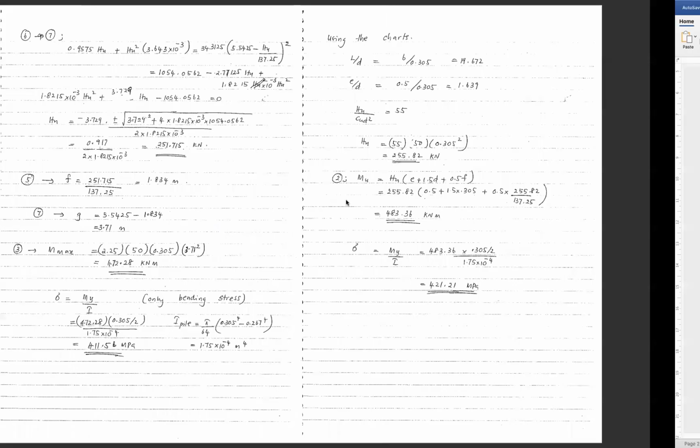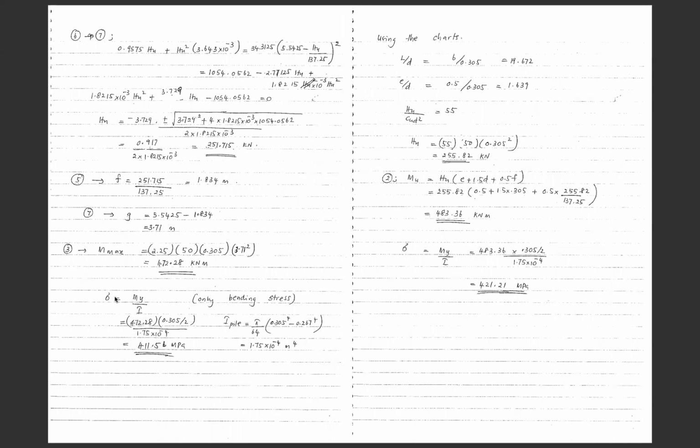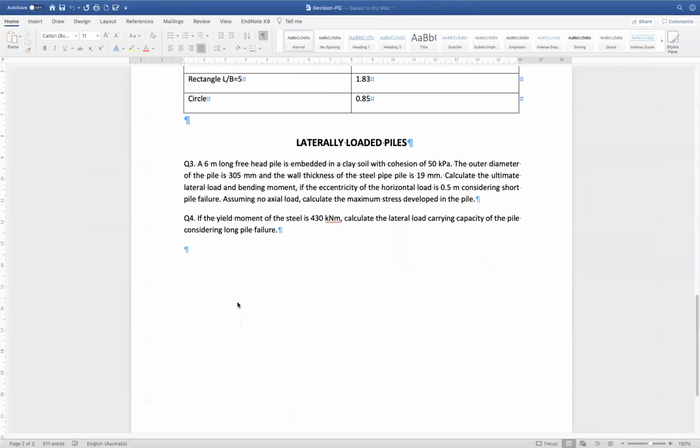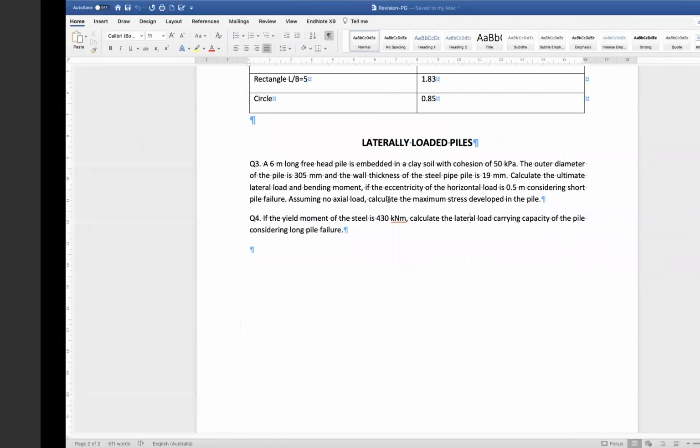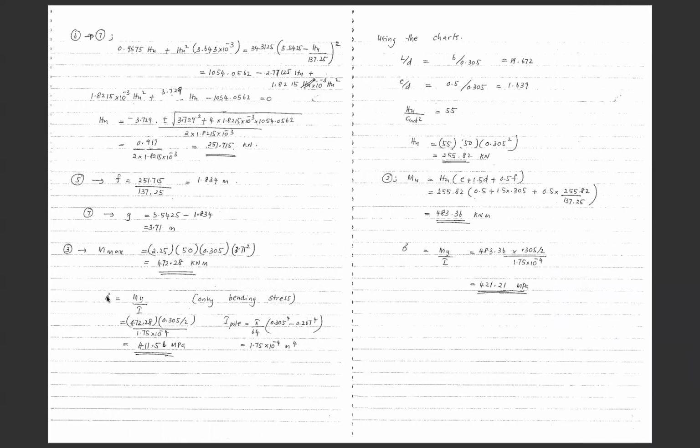For the maximum stress value, we can use this equation. Because here we only consider the bending stress, we have omitted the value of the axial load in the calculation of the maximum stress. As you remember from the question, we have assumed no axial load. We have only considered the bending moment in the calculation of the maximum stress. So in this scenario, the equation to solve for the maximum stress will be equivalent to the maximum bending moment,